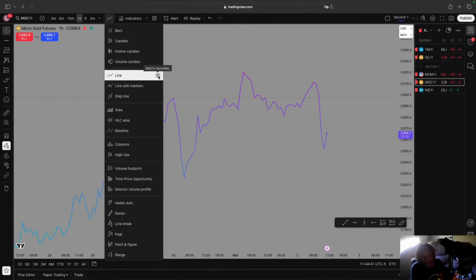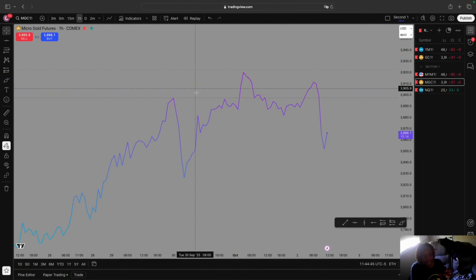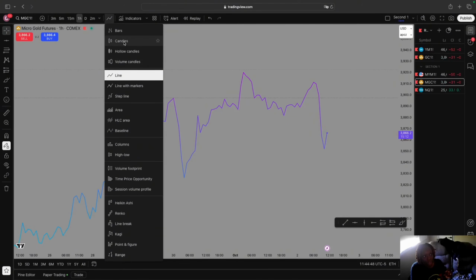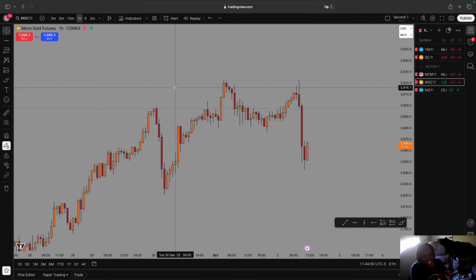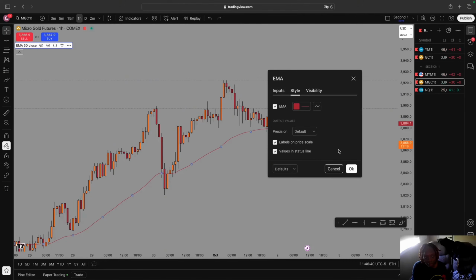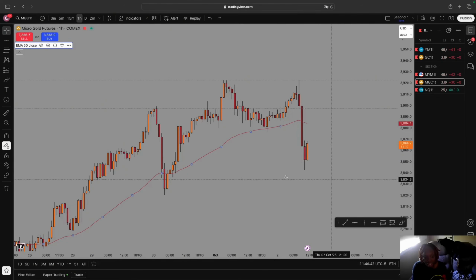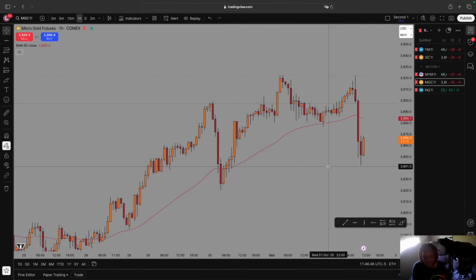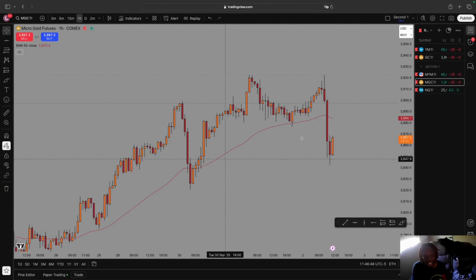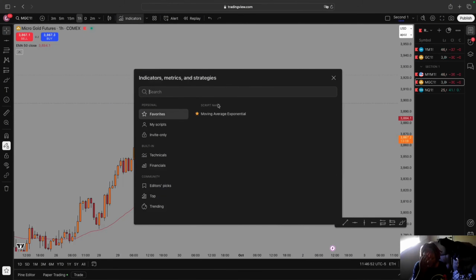And again, what can we do? We can add it to our favorites so it can be saved up here. So let's go back to candles. Now our next part are the indicators. Let's say you have an indicator. Let's click on it. And then after that, we're just going to press OK. So now you have your indicator, and we go back and let's say we want to add